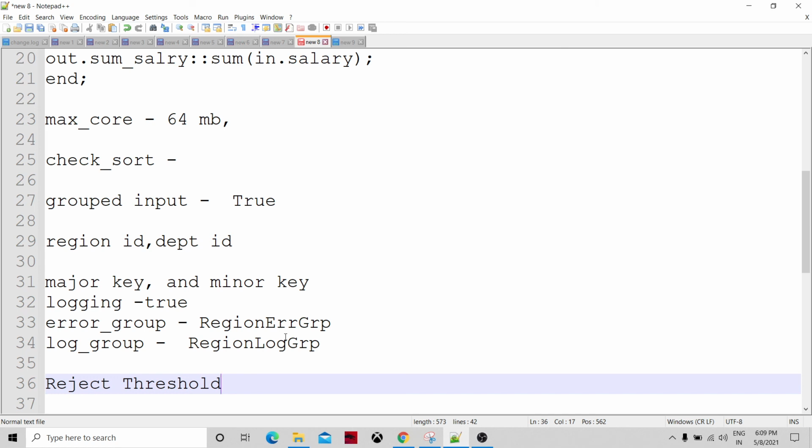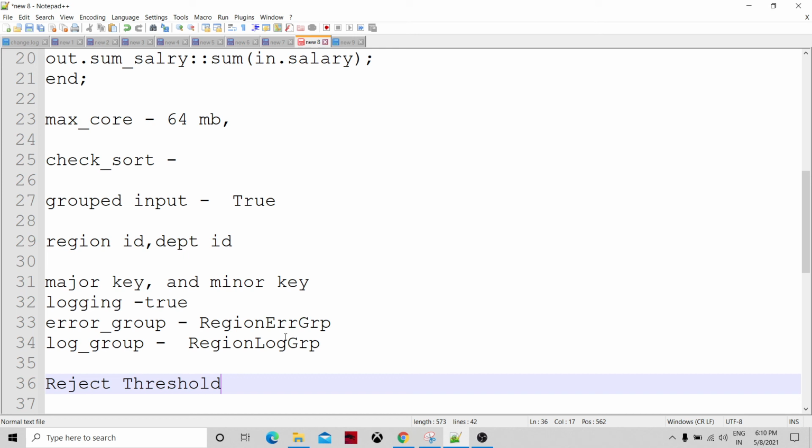This comes with three values: abort on first reject, never abort, and use ramp/limit. Abort on first reject means the component stops the execution of the graph when the first reject record comes, when a reject event happens.